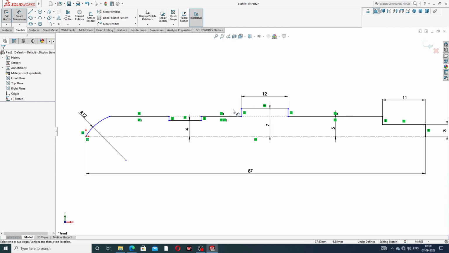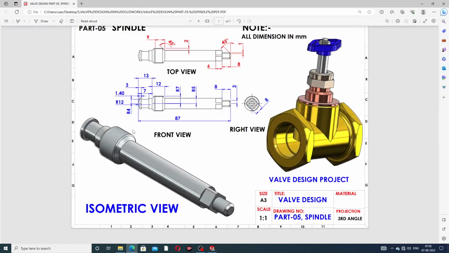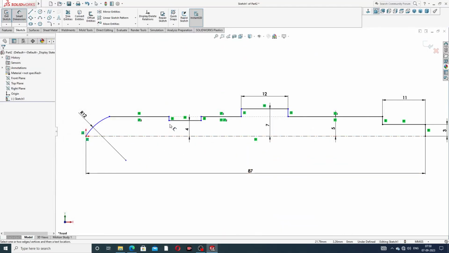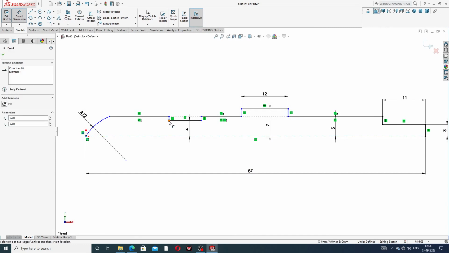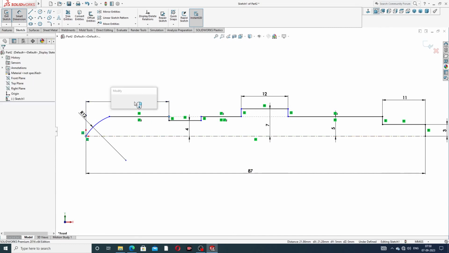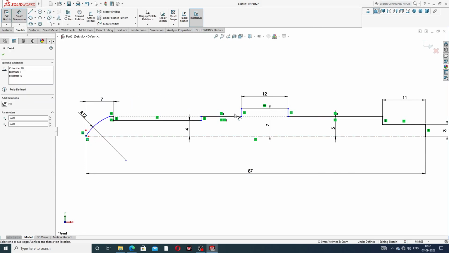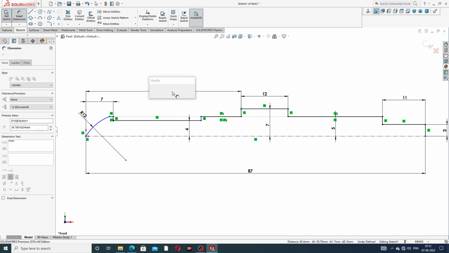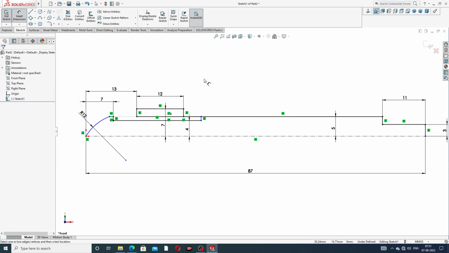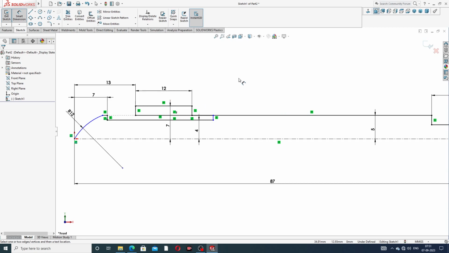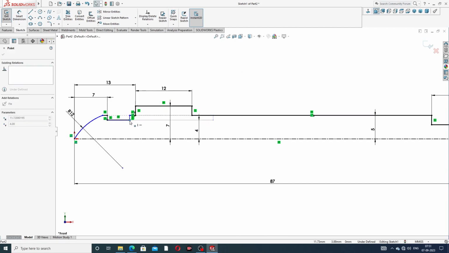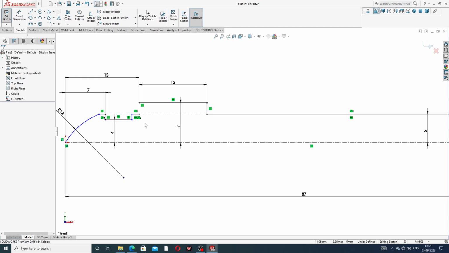and this distance is, okay, this distance is 13 millimeter, and this is 7 millimeter, and this point distance is 7 millimeter. Okay, and again select this distance is 13 millimeter, okay, this is better,